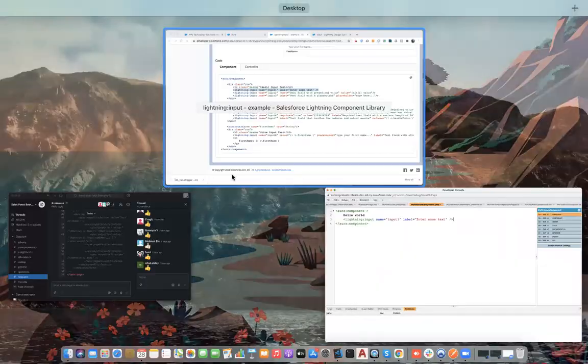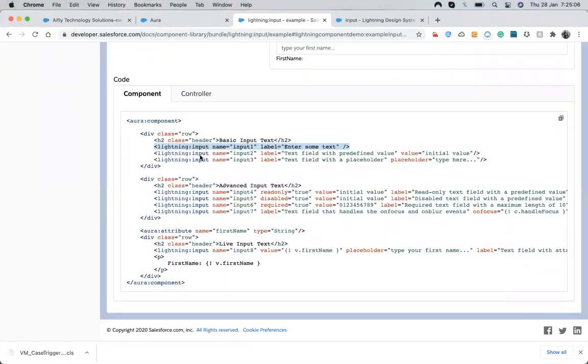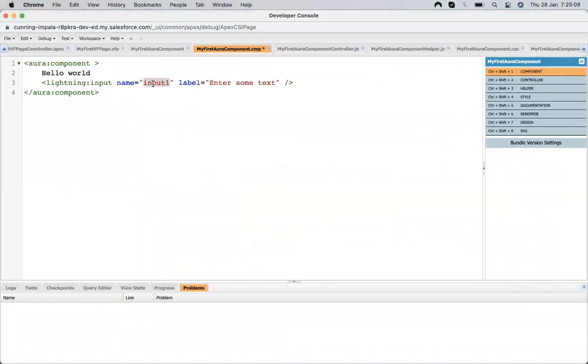Then I also have to make changes. First name, and the label should also say first name. Then I need to also place one more thing.